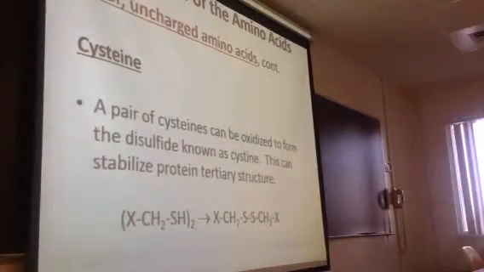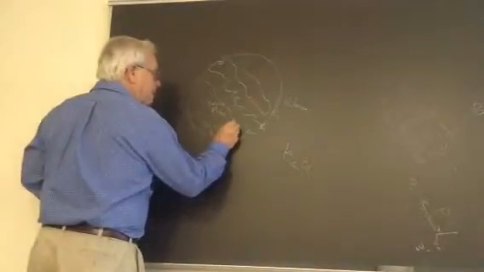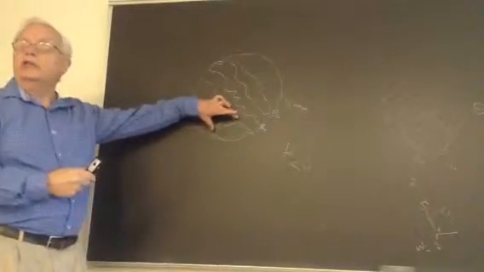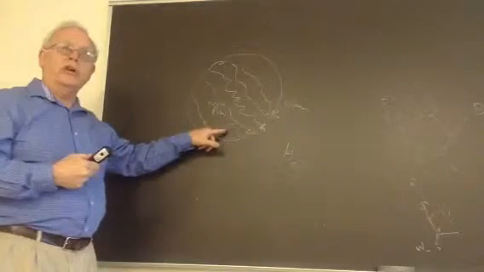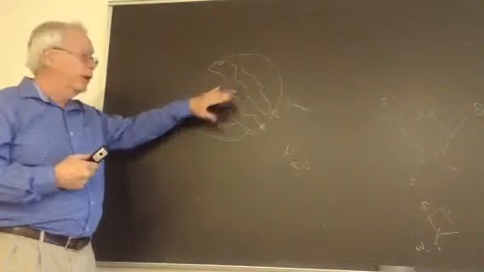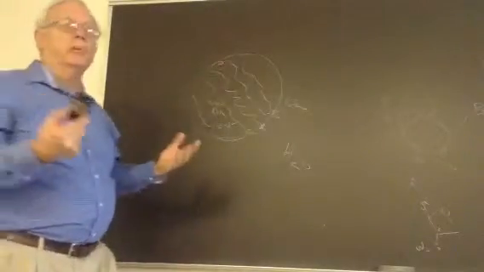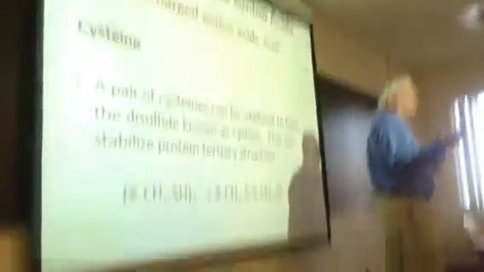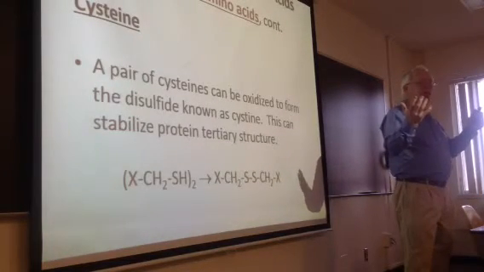So if you put a disulfide in here, it's like stapling two chains together. The covalent bond is much stronger than the other kinds of bonds we'll talk about. So if you throw in a bunch of disulfides in a protein, typically that makes it more stable. You ever notice the laundry detergent ads sometimes talk about Tide with enzymes, and